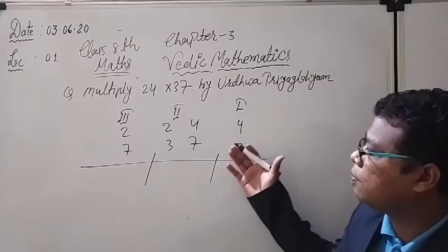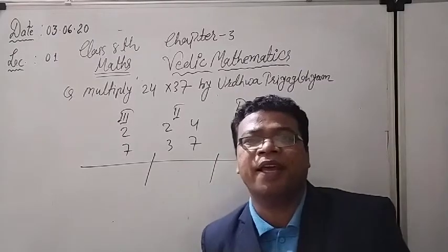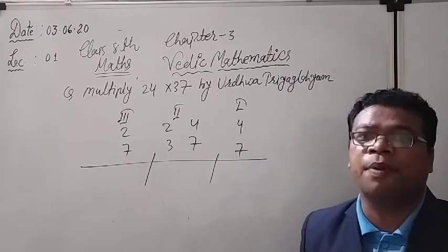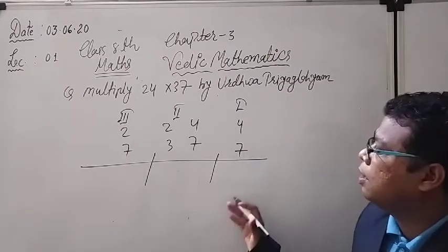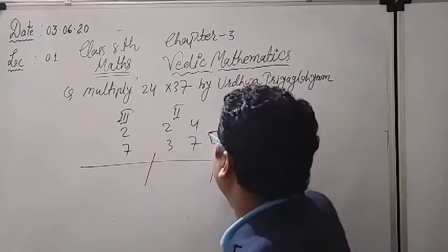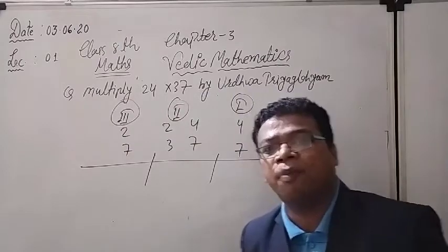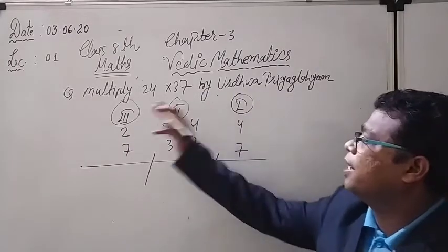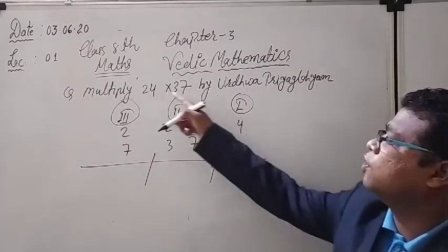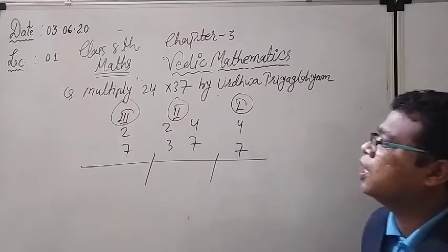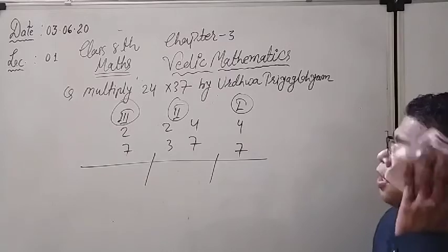See here, again we are ready with the next example and we have to solve the multiplication with the help of Urdhva-Tiryak-Vyam method. According to the rule, you know that I have to make three groups: first, second and third. So that I have made earlier, no problem. First, second, third. In the first group, what are the digits written on the ones place? 4 and 7. In the third group, what are the digits written on the tens place? You can see 2 and 7.